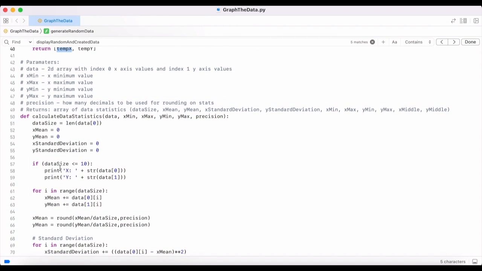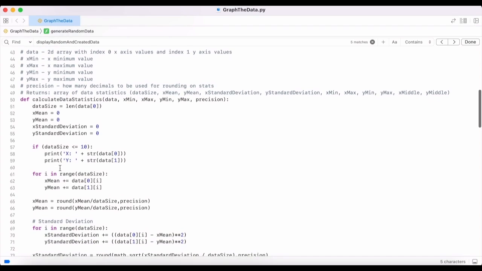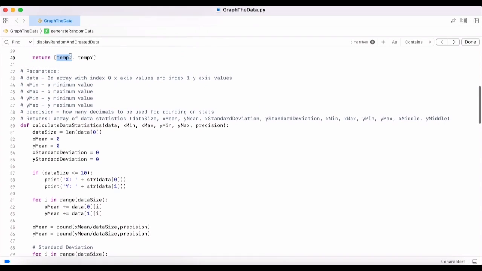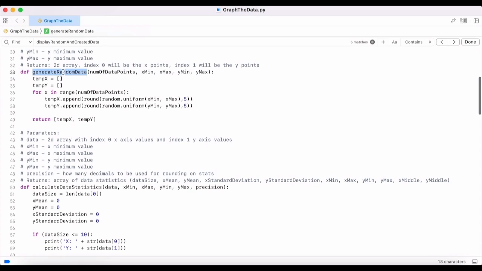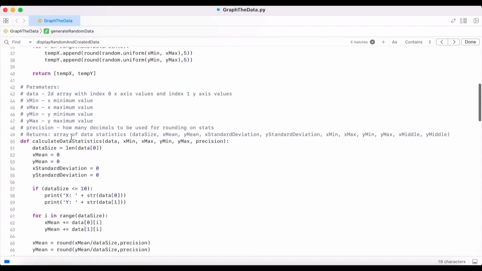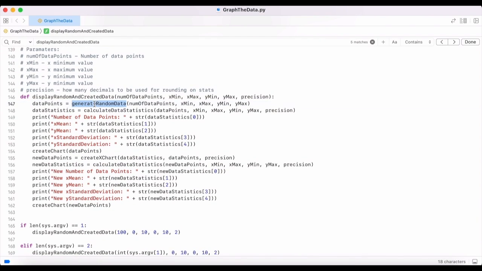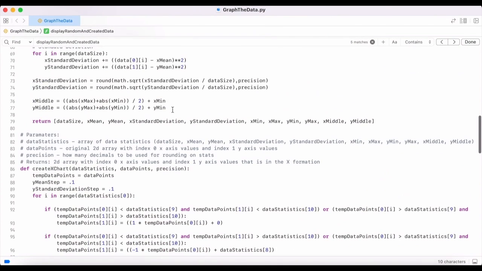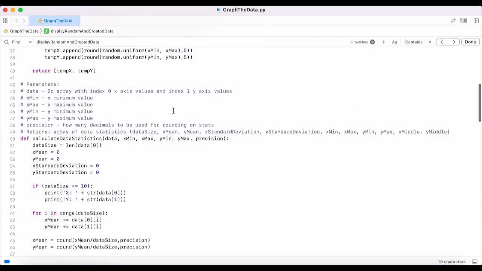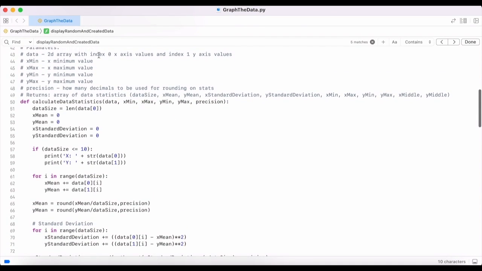Then for calculate data statistics, I'm going to pass in all that data we just got from the generate random data. And obviously all of this is happening down here. So when I say calculate data statistics, we already got the data points, and I just pass that in. So I pass in that data. Again, I give it the x min, max, y min, y max, the precision,